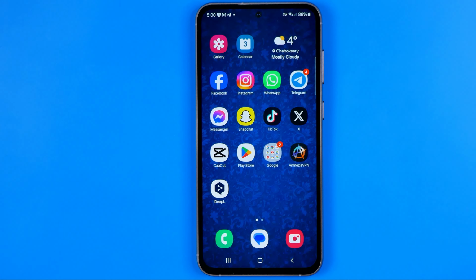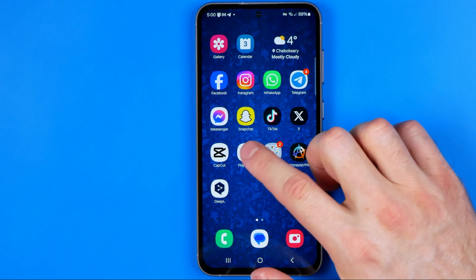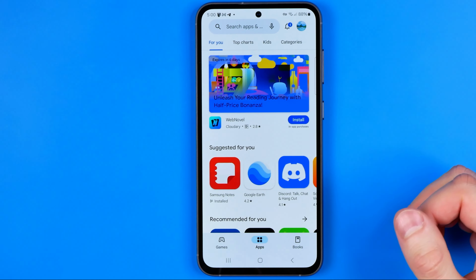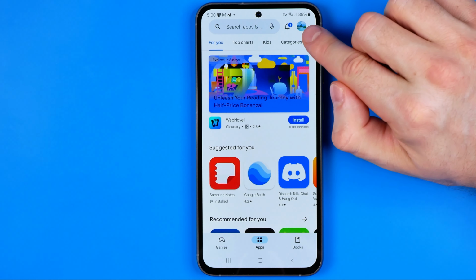In this video, I'm going to show you how you can easily change Google Play Store country. Be sure to watch the video to the very end so you don't make any mistakes. Let's get started, guys, and first off we need to open up Play Store and then tap right here at